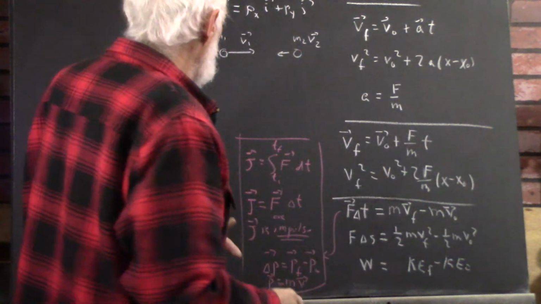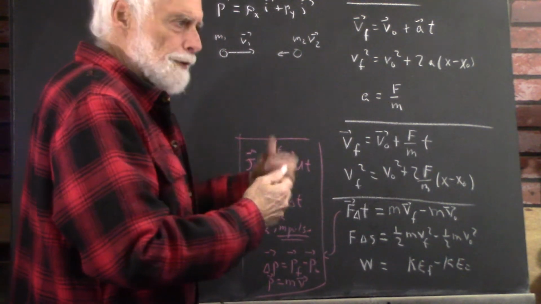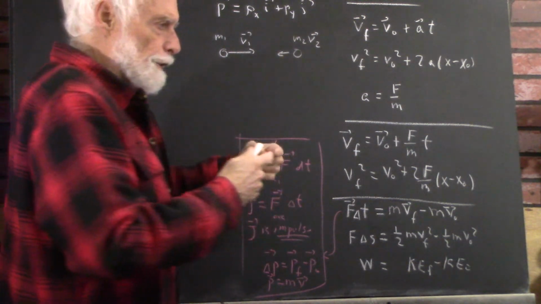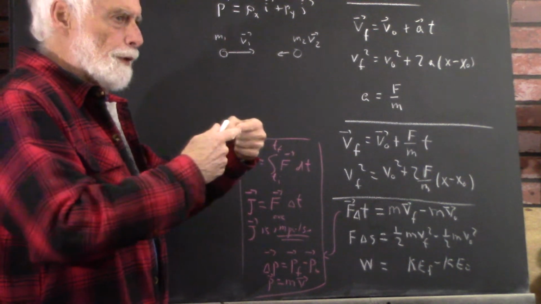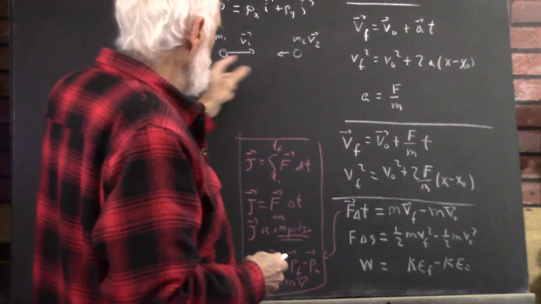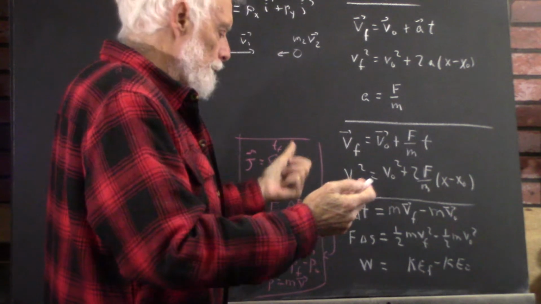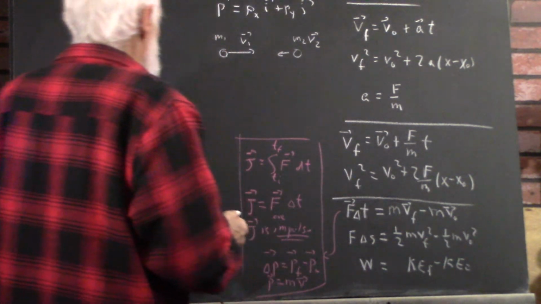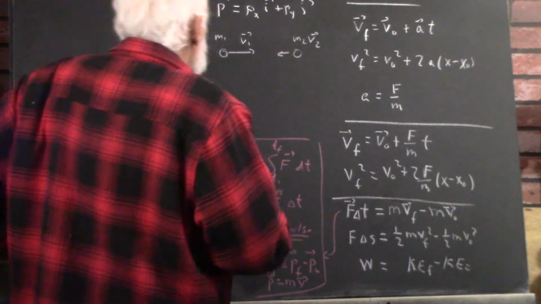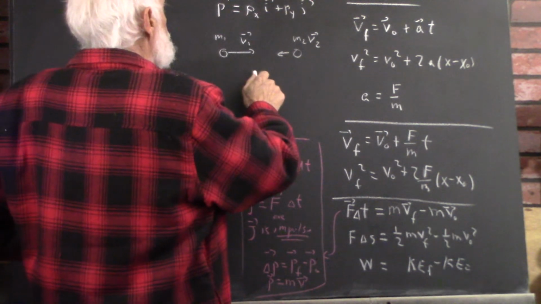What happens when they collide? Now let's assume for the moment, just for simplicity, that this collision occurs in 1 dimension. These particles are both moving along the same line and they hit head-on, so that if they rebound, they still rebound along the same line. Okay, well, when the 2 particles are in contact,